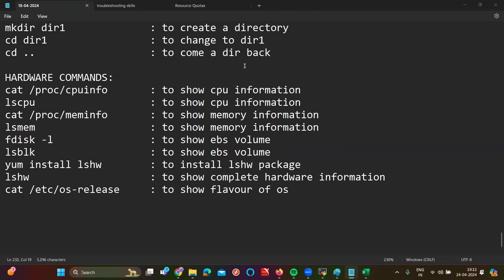Sorry. Nano is one of the editors actually. So in Linux, we have a lot of editors. VIM is one of them and Nano is one of them. So mostly we prefer VIM. Why? Because it has a lot of advantages when compared with Nano. So this concept, the editors concept, you are going to see in tomorrow's session.